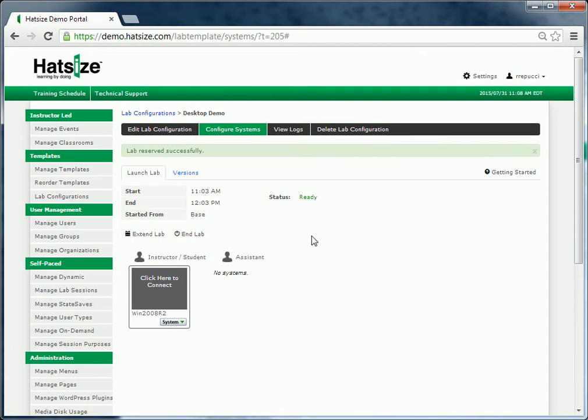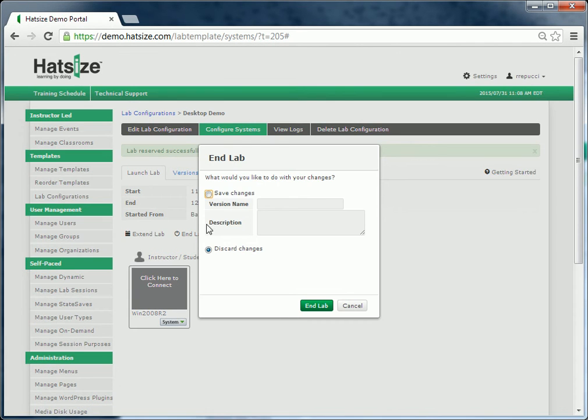And now let's go ahead and save that lab. So I'll go ahead and end the lab. In this case, I want to give it a title. I do want to save it, so there we go. And I'm going to put, with key file or something,